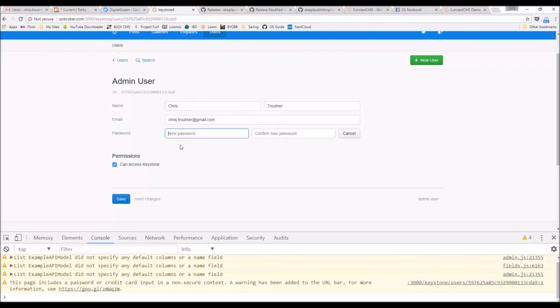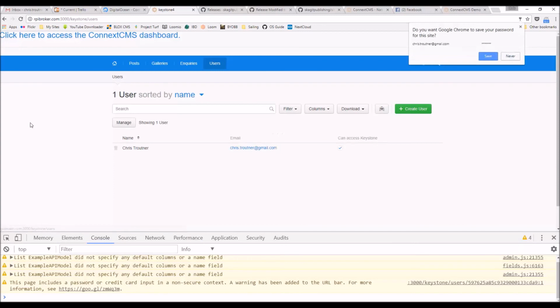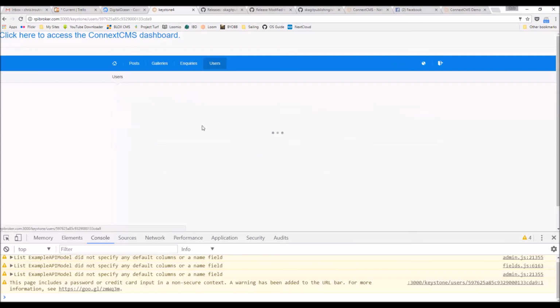So your emails, your login, and so I'm going to say, so it's the same user, and this is also where we can go to create new users. So we can click this button, create new users,